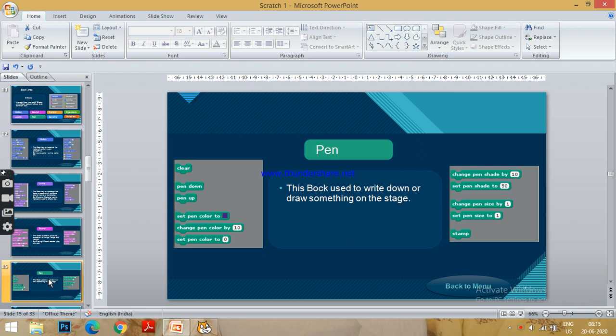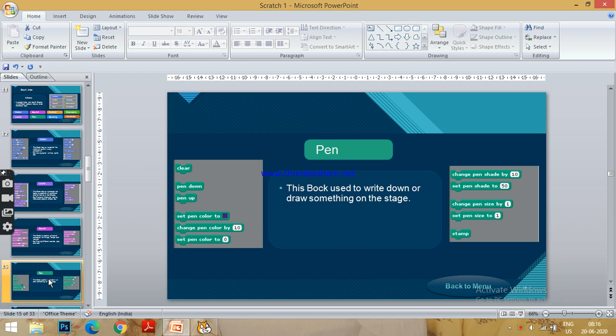Okay, so we have set pen color to. One is to set the color of the pen, and one more similar option is set pen color to, where you can give darkness or lightness. That is the last one.